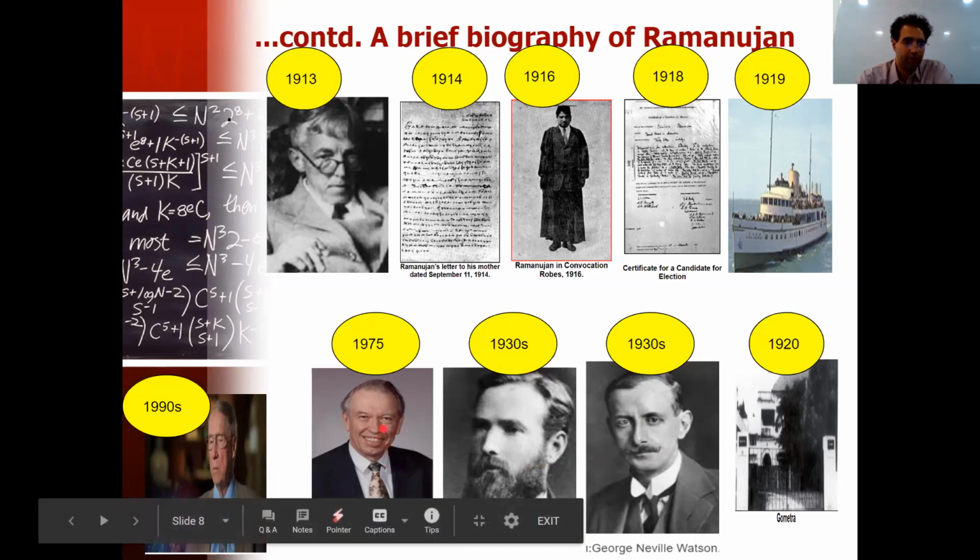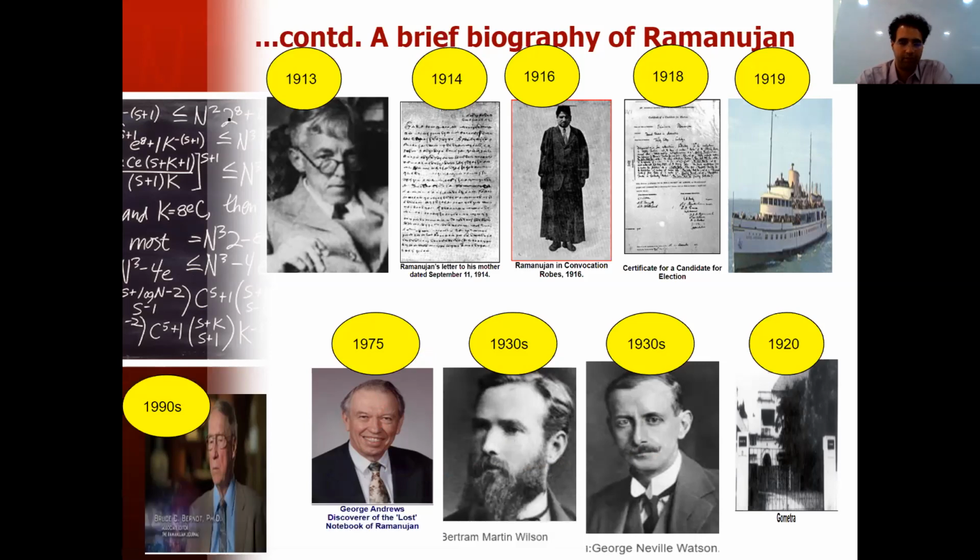And then in 1975, this is George Andrews, who was a mathematician from the US. He discovered that there was one notebook of Ramanujan which had many theorems. Ramanujan had this habit of recording all his theorems and findings in a notebook. There were two notebooks that were known to the world by the 1940s, and because Hardy was custodian of the copies of those notebooks, and the originals were in Madras at the time. And then in 1975, George Andrews accidentally discovered that there was one more notebook, and then he published